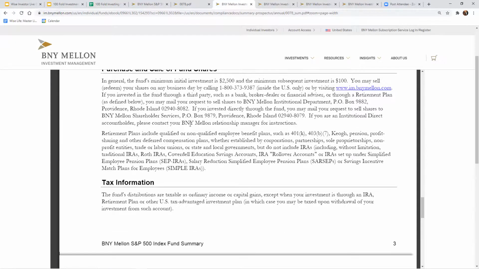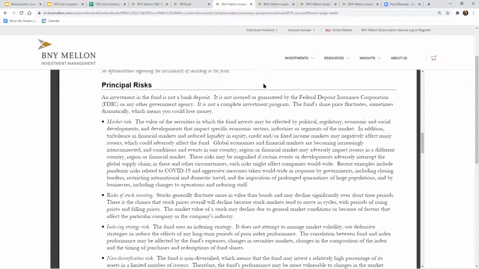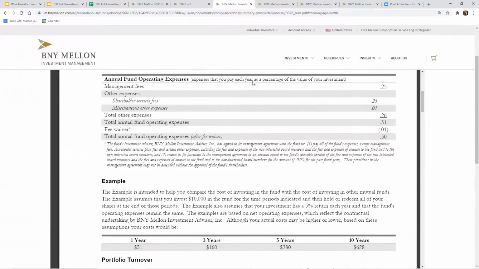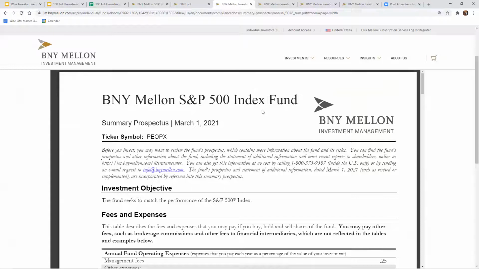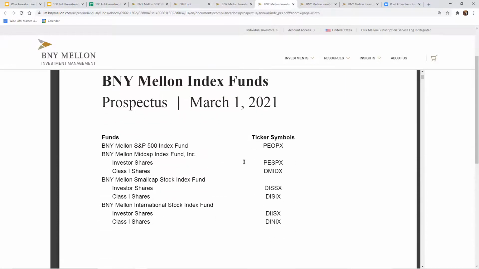I would say 99% of the time, the summary prospectus is probably going to be the one that's going to give you all the information that you want or need. But if you want to go deeper, you can go into the prospectus.